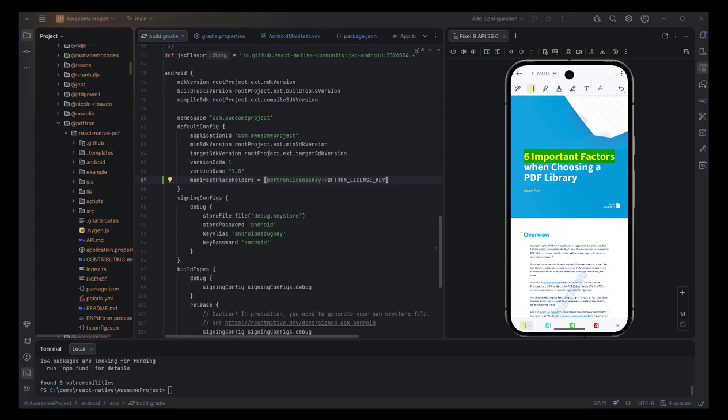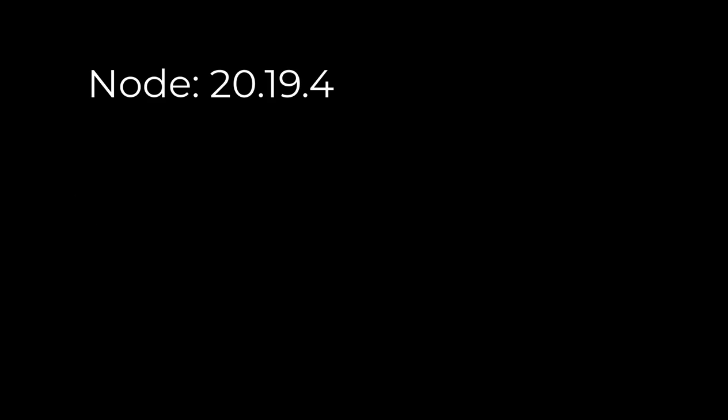In a previous video, we saw how to create a simple app that runs on Android that allows you to view and annotate a PDF. We're going to go one step further in this video, and we're going to see how we can generate documents on the mobile device. This video was recorded in February 2026 on a Windows 11 machine using Node 20.19.4, NPM 10.5.1,